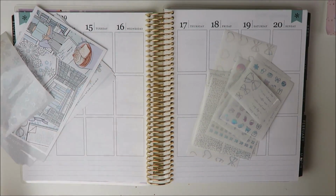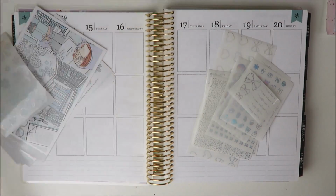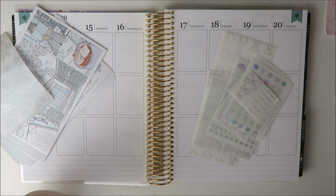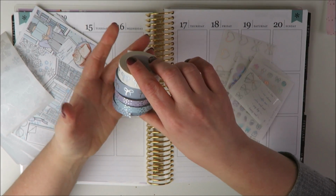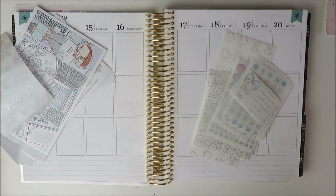Also, in general, for this spread, I'm going to try to keep the other stickers I'm pulling in fairly minimal. I do have my albums of Coffee Monsters Co. and Once More with Love Munchkins. I have those pulled out, and then I pulled out a few things of washi from Simply Gilded that I thought might look nice. But other than that, I'm going to try to minimize what else I'm pulling in,